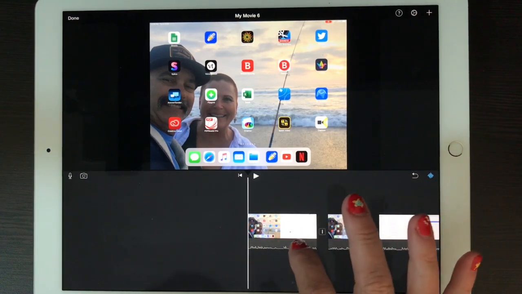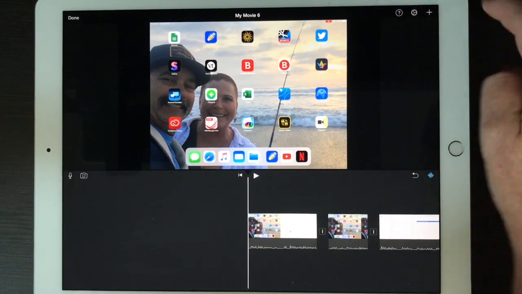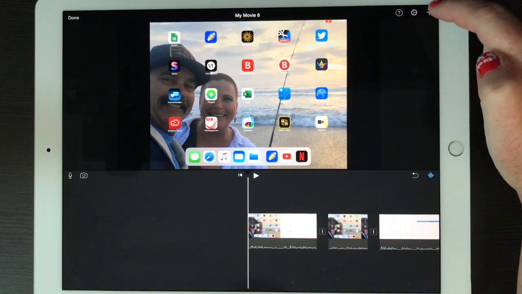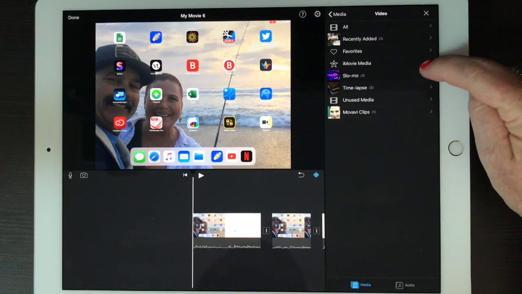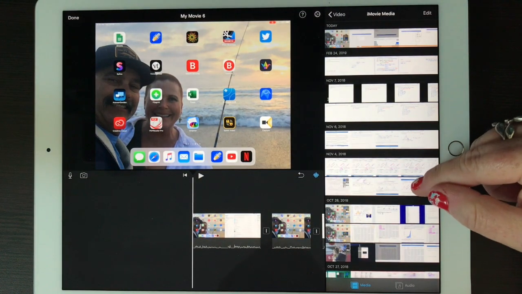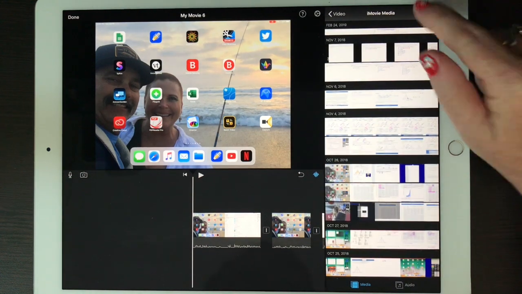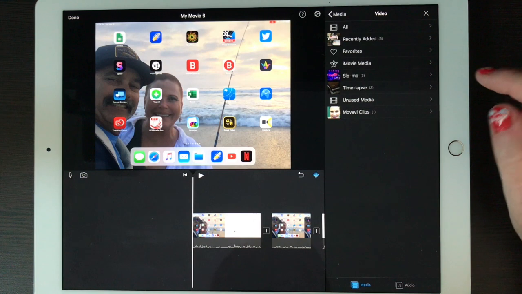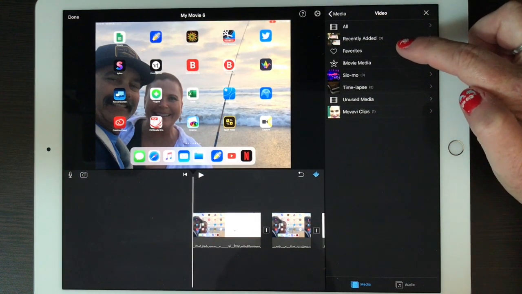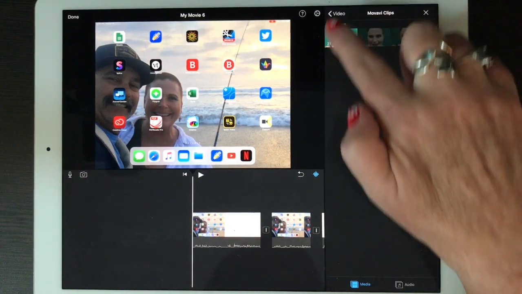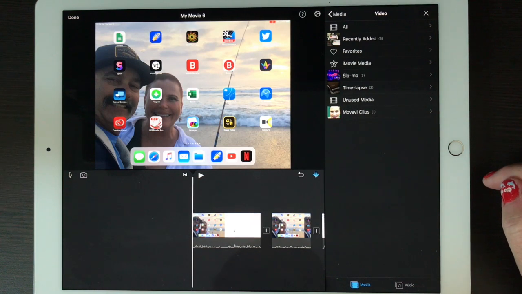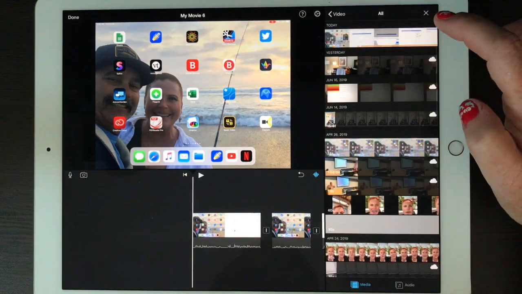So here, if I go right here, do you see where this plus sign is? I'm going to hit this plus sign and different things come up. This is media and audio, all right? So again, if I select iMovie media, I don't think it'll have what I want. Let's see. So if I go to all media,